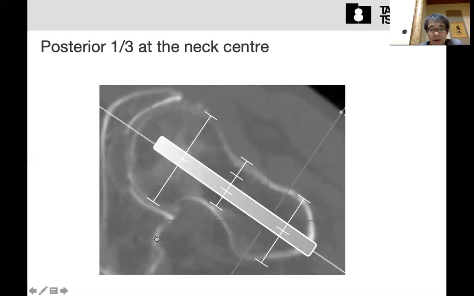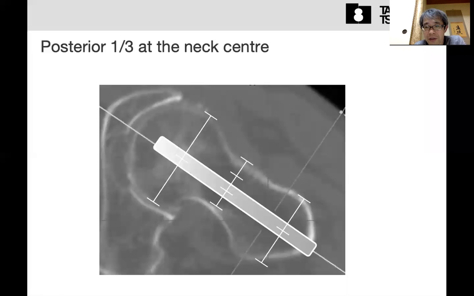So, in this view, in the lateral view, your target in the femoral head, femoral neck is